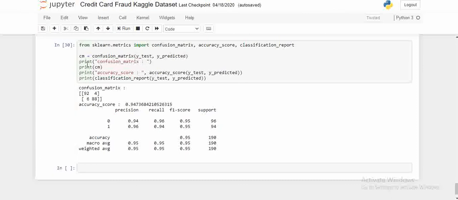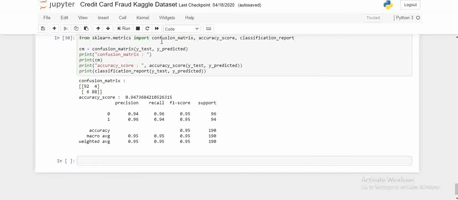Now we can check our model's prediction through the confusion matrix, accuracy score and classification report. From sklearn.metrics we import confusion_matrix, accuracy_score and classification_report, and we write this piece of code. For the confusion matrix we pass y_test and y_predicted. y_test is the original value in our data set, and y_predicted is what our model is predicting, and we are checking how good it is at predicting.